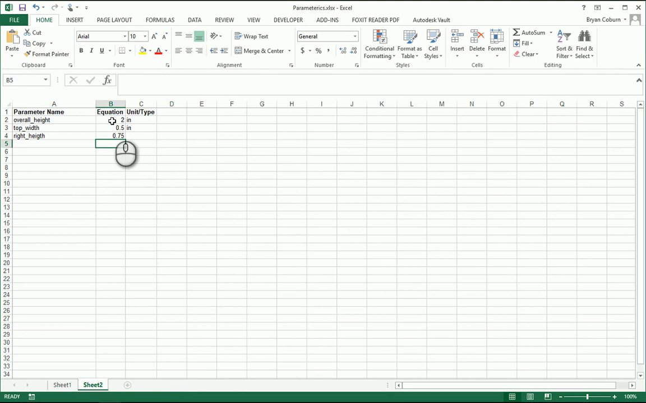You can let your students work in teams to do this. I find it effective. You can team up a stronger with a weaker student. They both do their own Excel sheet, but they walk through the whole process. The next one was overall_width,